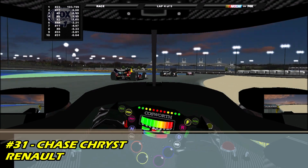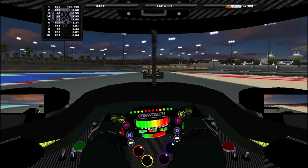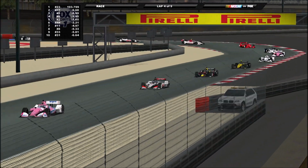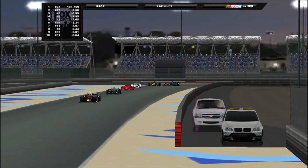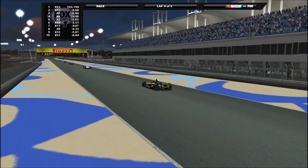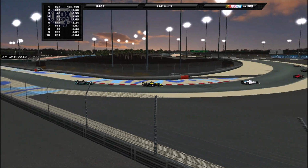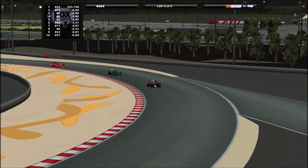And with Chase Preston, the 31 for Renault, currently held the final points paying position, that is 10th. You only get 1 point, but 1 point could be the difference between winning a championship and losing it. There's Fisher and the 44, teammates with Nathan Norman. They're obviously driving for Mercedes. There's a Renault just ahead of them. So